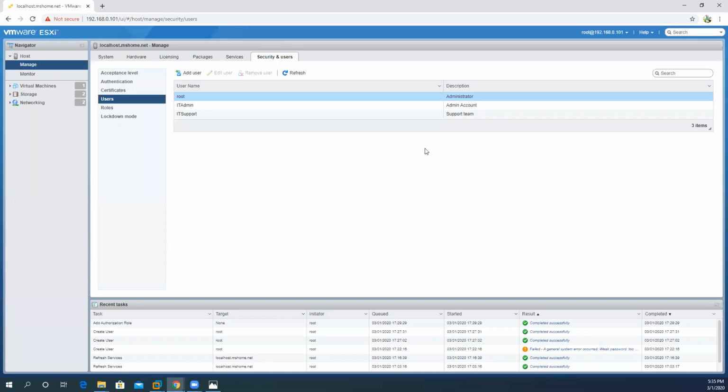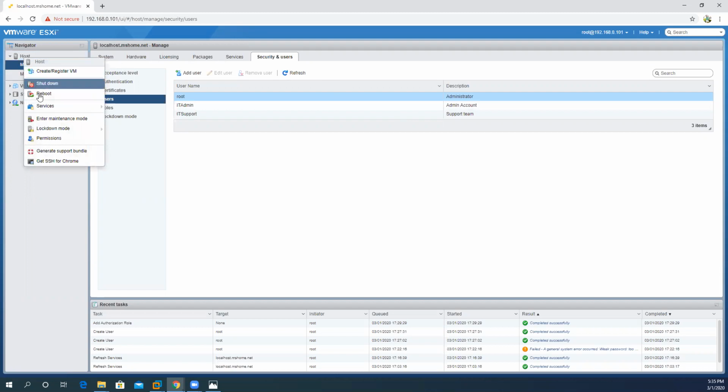So now onwards, users are created. We also implement a number of role options related to the ESXi infrastructure. Now, if we want to assign any specific role to any user, what will be the process? For that purpose, you just need to right click on the host option and enter into the permission